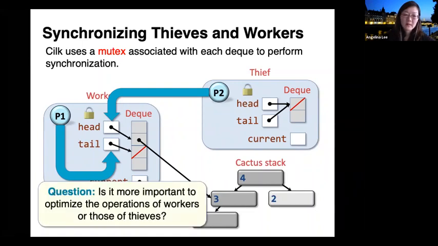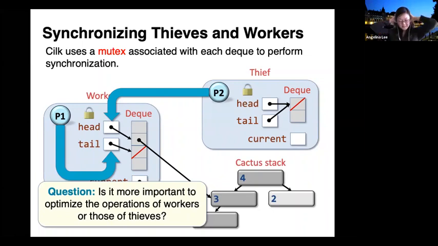Okay. In particular, let me just ask the question. Is it more important to optimize the operation of the worker, or is it more important to optimize the operation of the thieves? What do people think? Yeah, okay. Many of you say worker, and right.